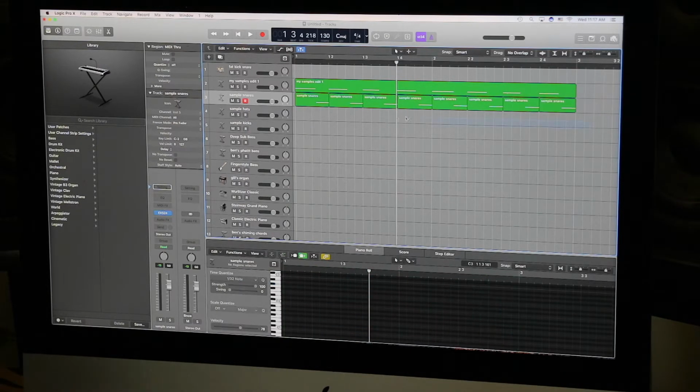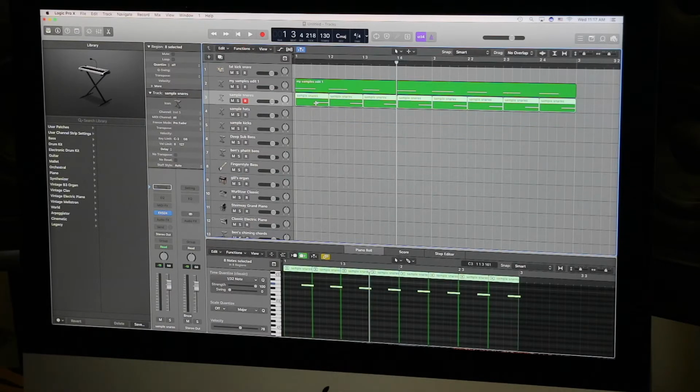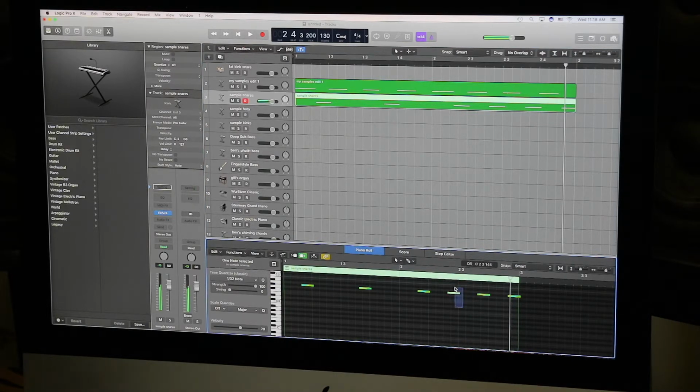Everything's just Control R. Now I'm gonna make this one thing. Control J, or Command J actually, in Apple. That's too much, right? So I'm gonna take out every other one. Let's see what happens here.